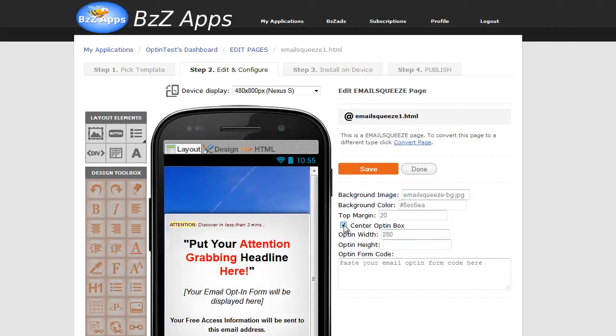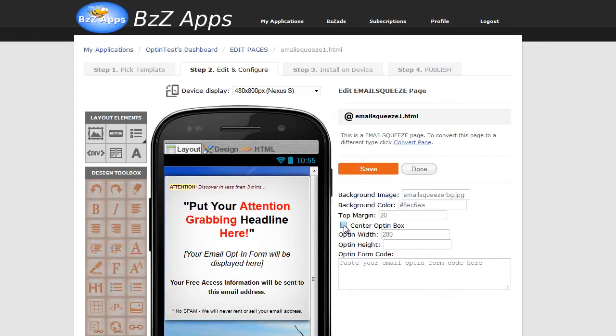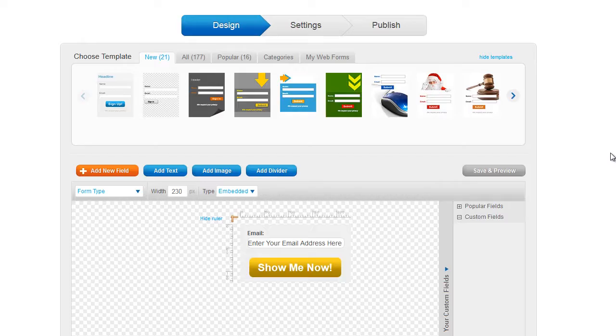Now we can either center it or we can leave it at the top. With the default settings, this looks great on any device. The only thing you really need to do is get the code for your opt-in form from your autoresponder service. For example, over here I've got GetResponse. If we go to the Publish tab,